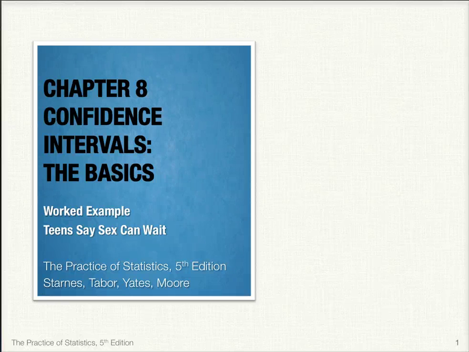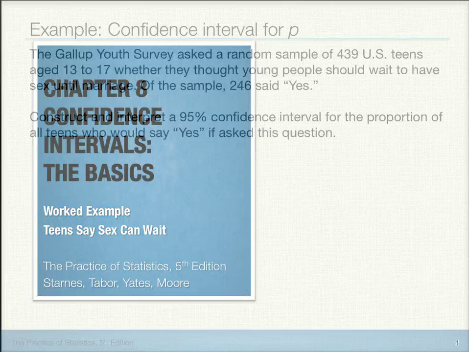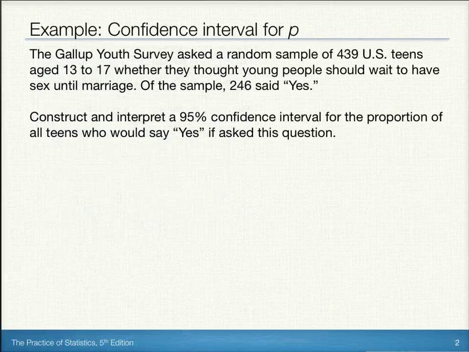In this example, we'll construct a confidence interval for a population proportion. The Gallup Youth Survey asked a random sample of 439 U.S. teens aged 13 to 17 whether they thought young people should wait to have sex until marriage. Of that sample, 246 said yes. We'd like to construct and interpret a 95% confidence interval for the proportion of all teens who would say yes